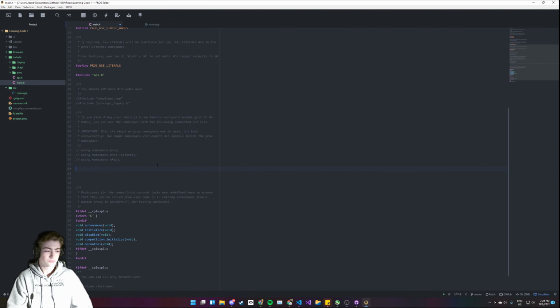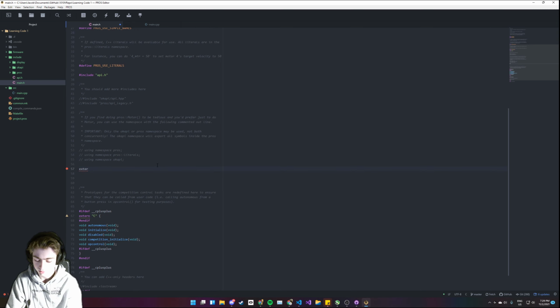Alright, so now defining motors. The first thing we're going to want to type before we define anything is the word extern. Essentially this is going to allow our program to know that this is defined somewhere else. If you forget to write extern, right now, because we only have one file, it won't cause any issues. However, if we start to include our main.h into other files, as we will in the